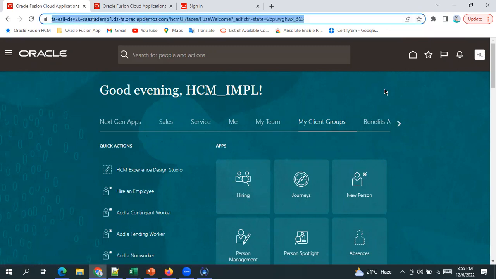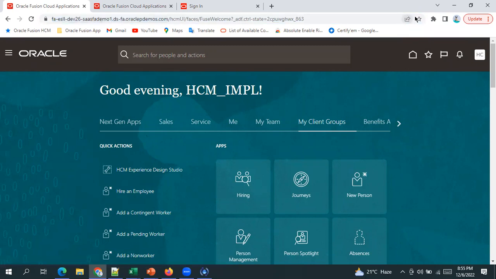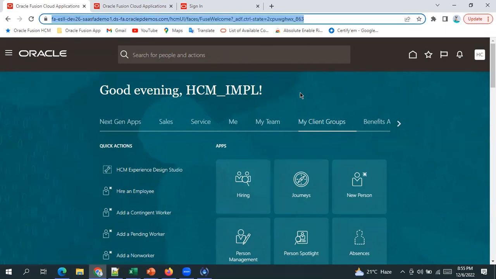Whatever the most frequently used URLs, we can bookmark, right? Every time we don't need to search for them. Directly, if you can come to your bookmark list, you can go to that particular URL and start working. Similarly, within the application, whatever your most used setups and tasks every day,